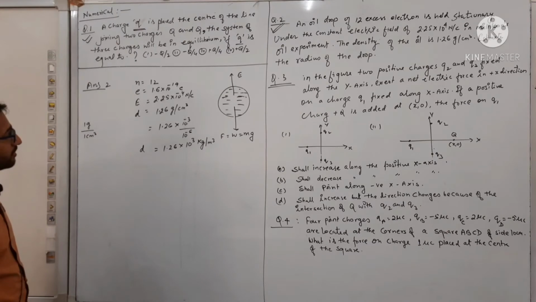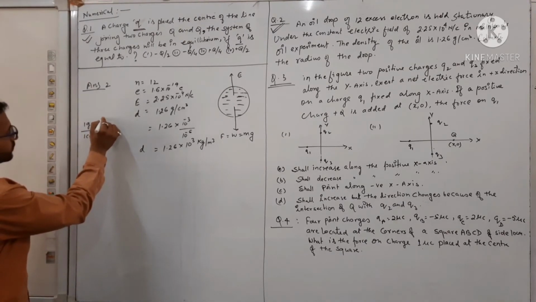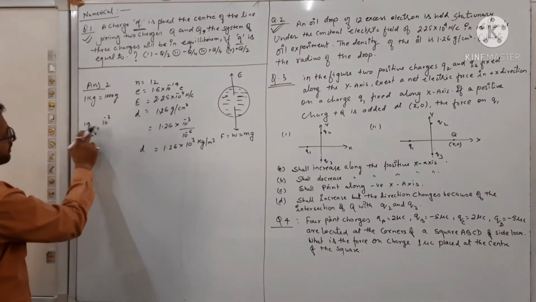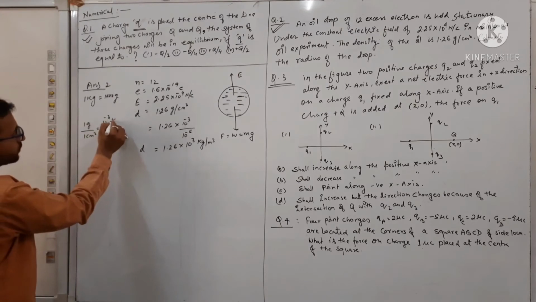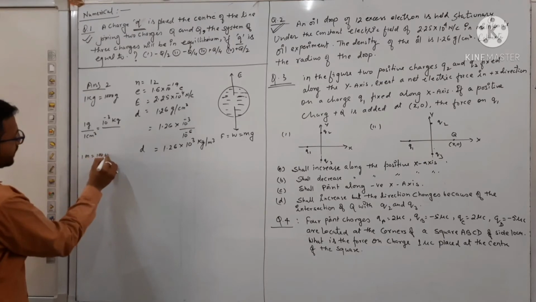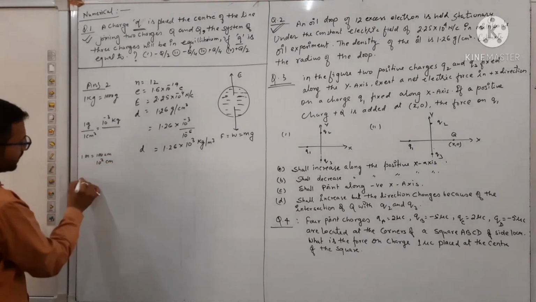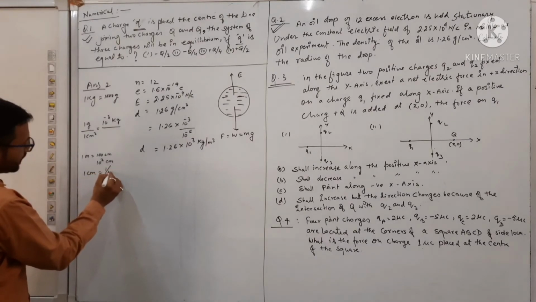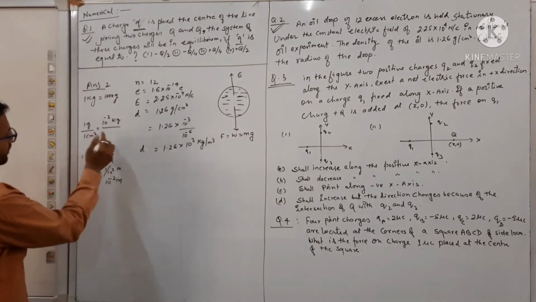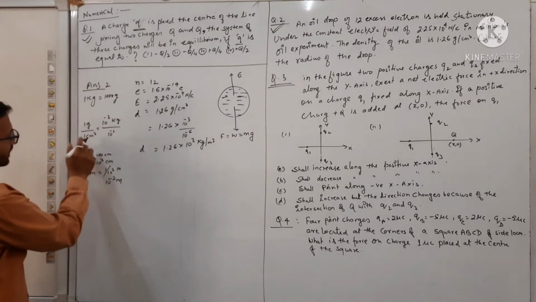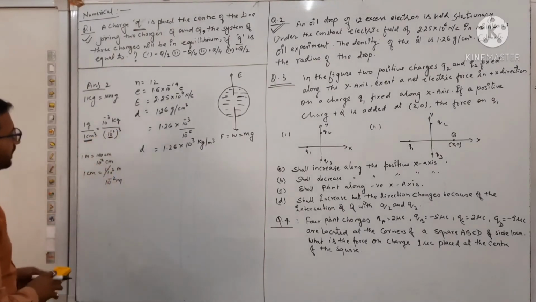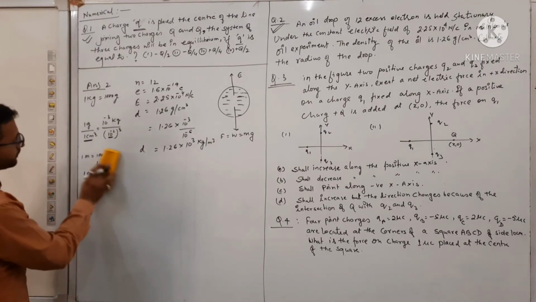Bio students, please see this. 1 gram is equal to 10^-3 kilogram, because 1 kilogram is equal to 1000 gram. So 1 gram is equal to 1 upon 1000 kilogram, means 10^-3 kilogram. And we know that 1 meter is equal to 100 centimeter, means 10^2 centimeter. It means that 1 centimeter is equal to 1 by 10^2 meter, means 10^-2 meter. So that's why I am writing here 10^-2, and their cube is also here. So that's why I have written here this value.